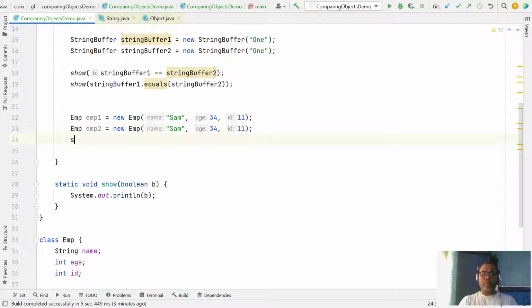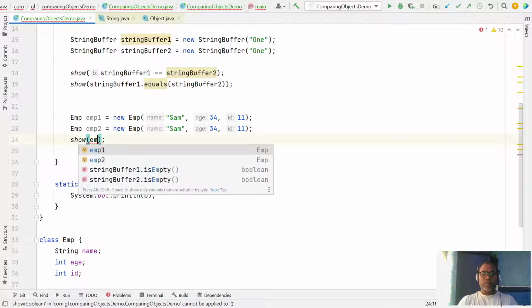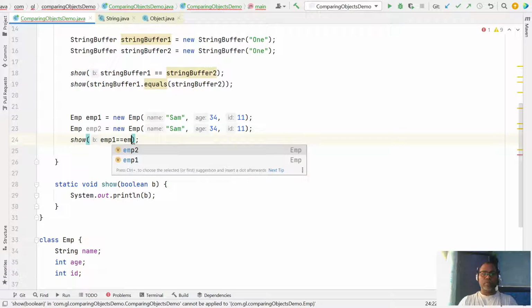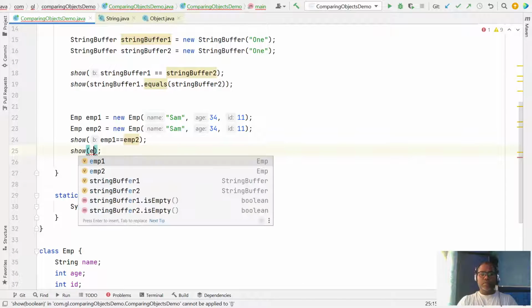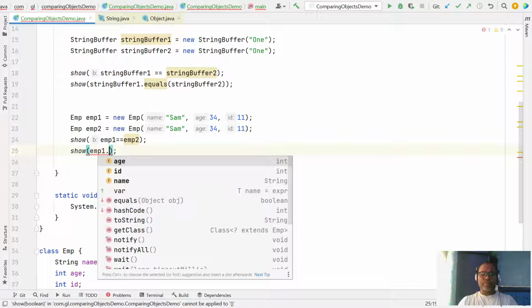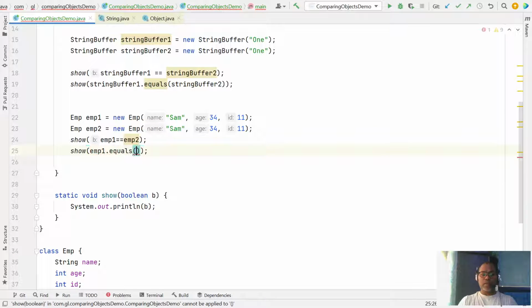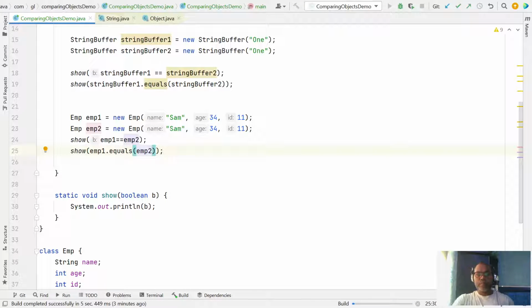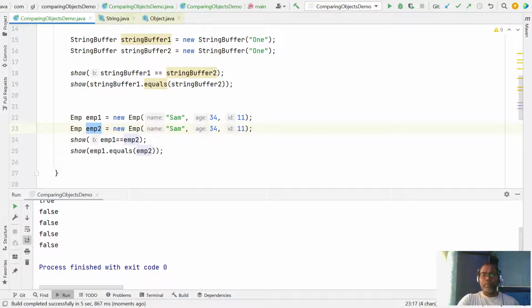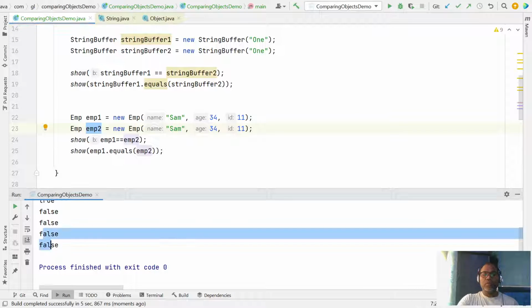Now if you check employee 1 double equal to employee 2, or employee 1 dot equals method with employee 2, in this case we have created two employee objects with the same name, same age, same everything, but still they are showing false.